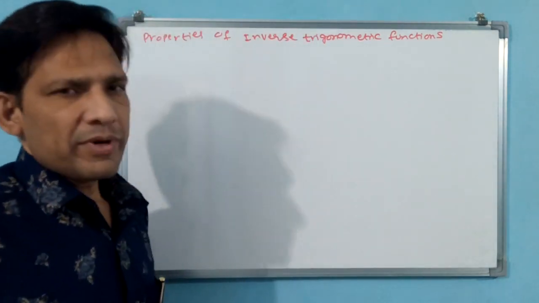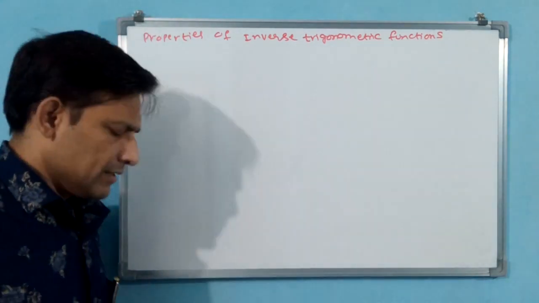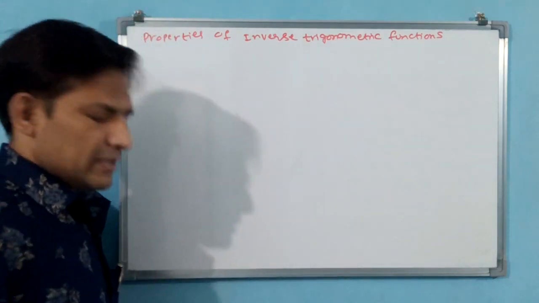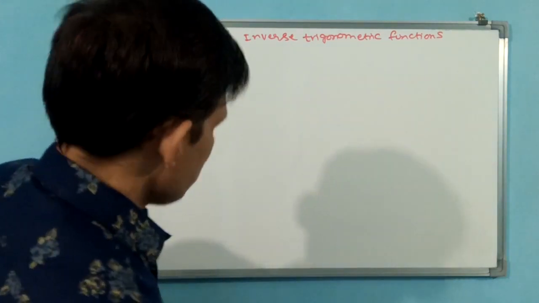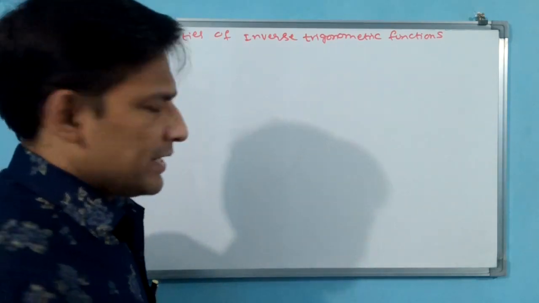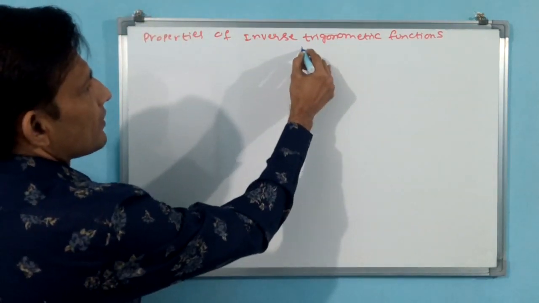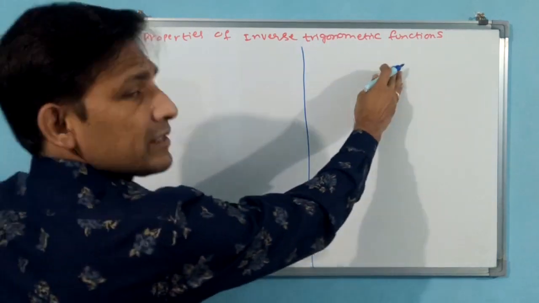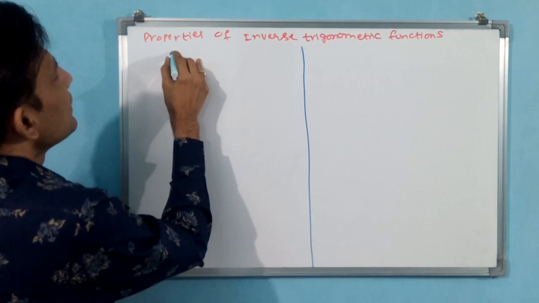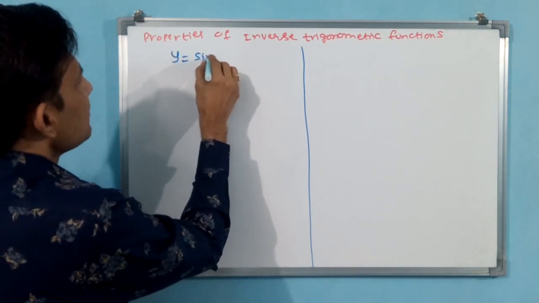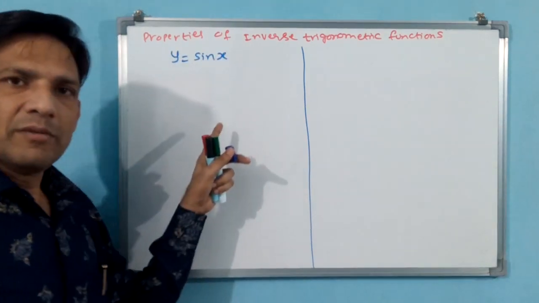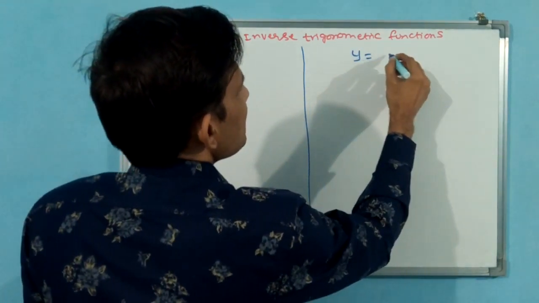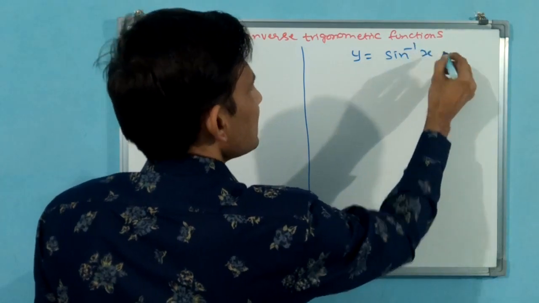Okay, what are the properties of inverse trigonometric function? Let us see first function, inverse function, trigonometric function, not ordinary function. Let me write those. You see how I am writing. Here I am writing trigonometric function, here I am writing inverse trigonometric function. Trigonometric function y is equal to sin x. This will be trigonometric function. But if you come to inverse trigonometric function, y is equal to sin inverse x.